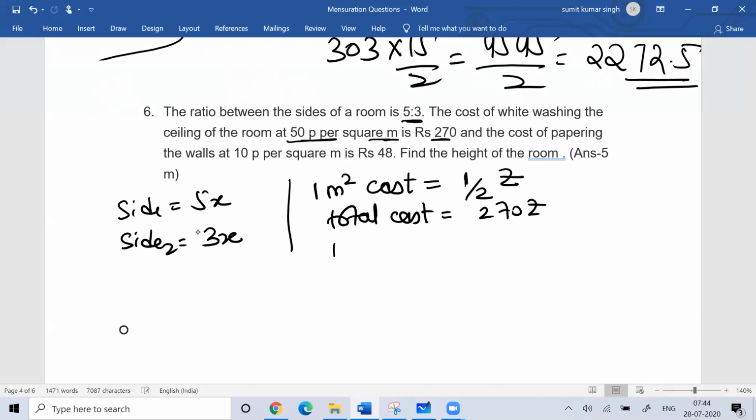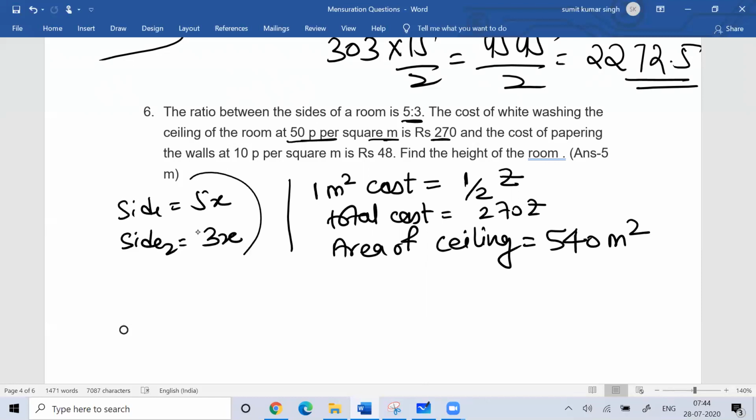So with this I can find the area of the ceiling. For 1 square meter you're paying 50 paisa, and your total money you're paying is 270 rupees. So the area of the ceiling is 540 meters square. With this you can find the area of the ceiling as 540 meters square, and you know the length and breadth